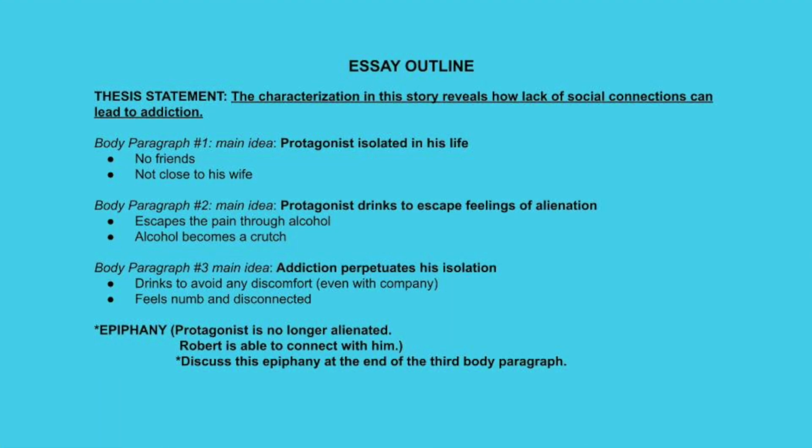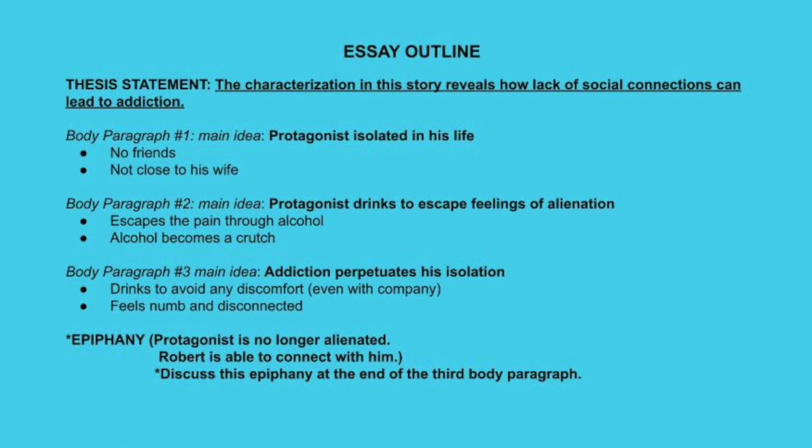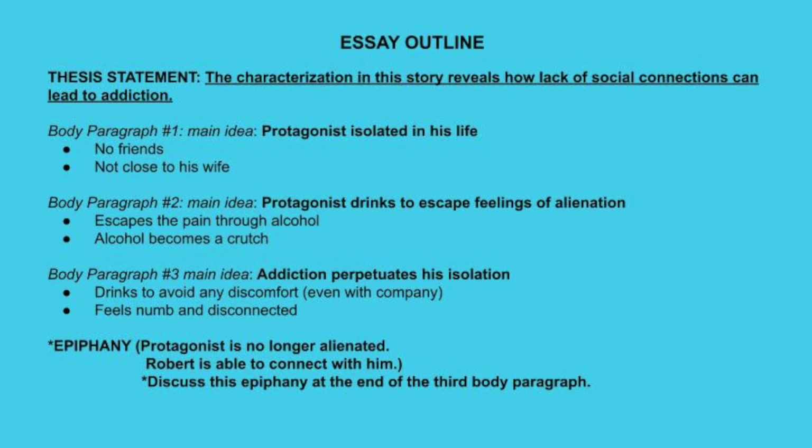And of course, you'll find citations from the story to put in there. This could either be direct quotations, or you could paraphrase some passages. Generally, you want to have a quotation or paraphrase for each point that you make in the body paragraphs. In the second body paragraph, you could discuss how the protagonist drinks to escape his feelings of alienation. It's clear that he's unhappy in his life. I mean, he's constantly thinking negative thoughts. He's critical. He's just very bitter.